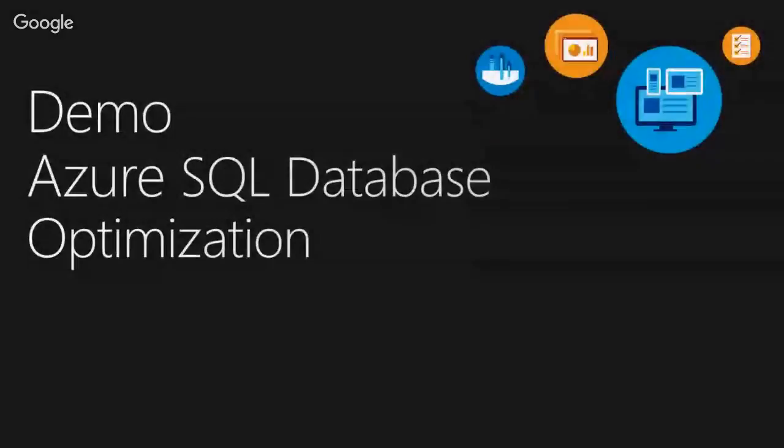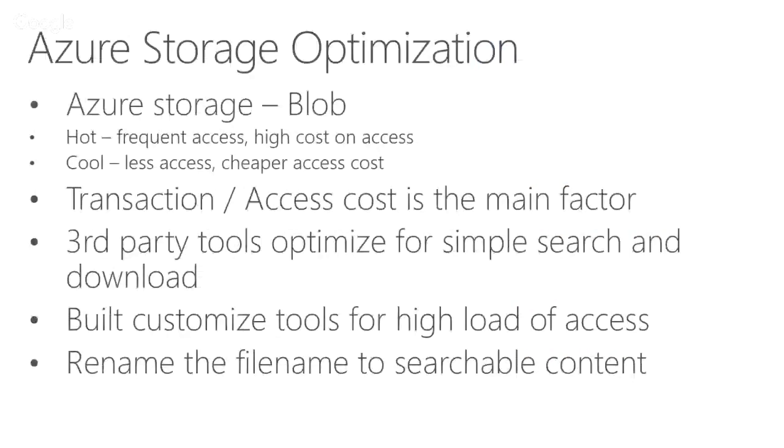Let's come back to here. So we talked about the web app, we talked about the database, and lastly, we're going to talk about storage. Because if you use platform as a service, we don't have a file system for you to store the files that you upload, right? So we have something called Azure Storage, or in short, we call it Blob, B-L-O-B. For you who are familiar with Amazon, this is similar to Amazon S3, which stands for Simple Storage, right?